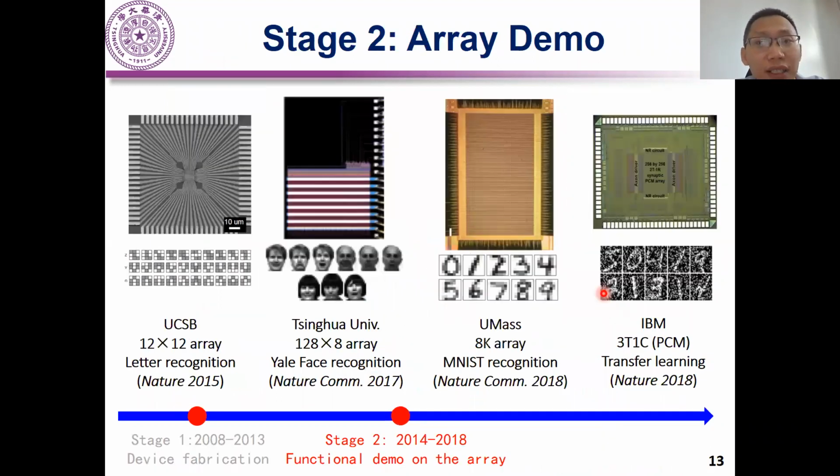After 2013, people began to focus on array demonstration. Several AI tasks were proposed on kilobit level arrays. For example, UCSB demonstrated a 12 by 12 array for cartoon letter recognition. And our group demonstrated a 128 by 8 array for human face recognition. UMass and IBM also did some similar demonstrations. So these achievements were from different units and published on